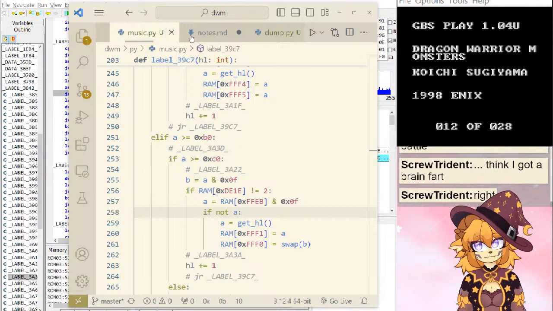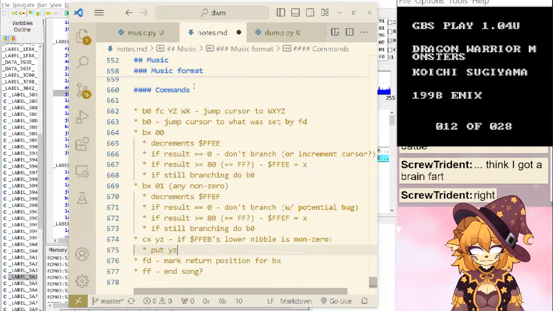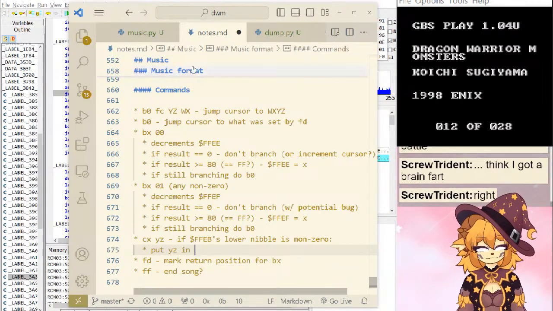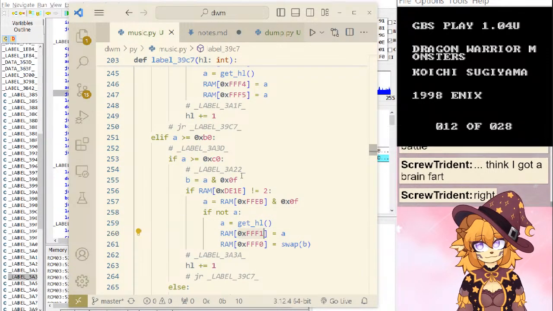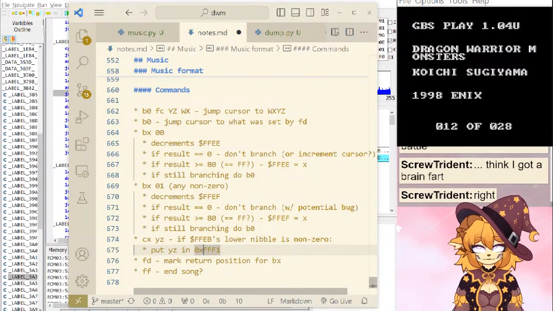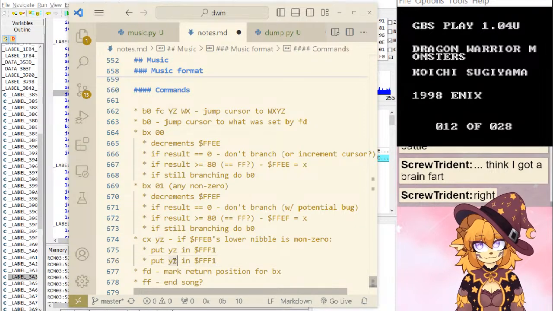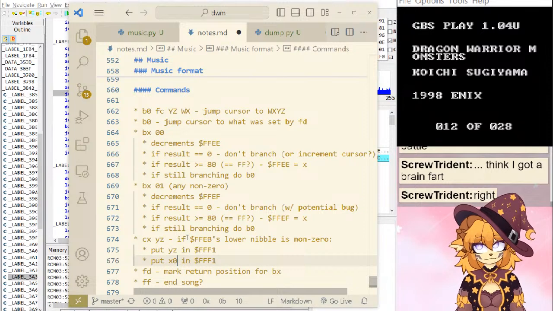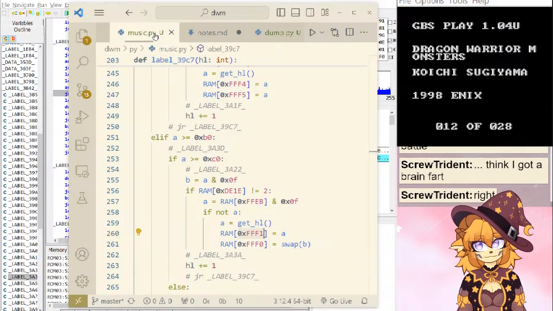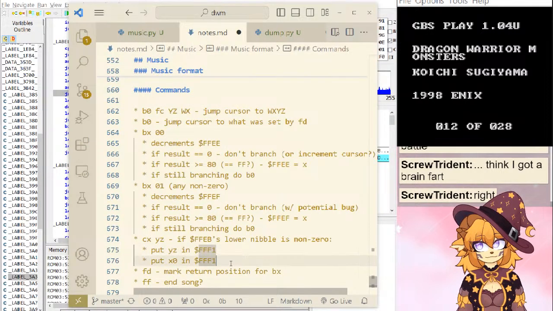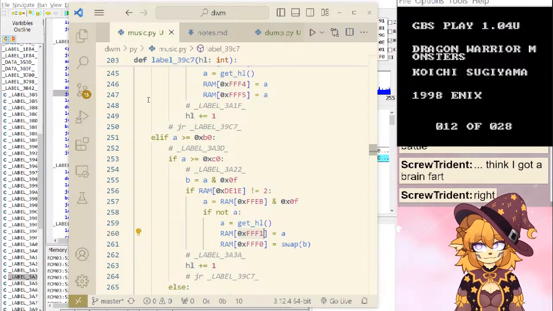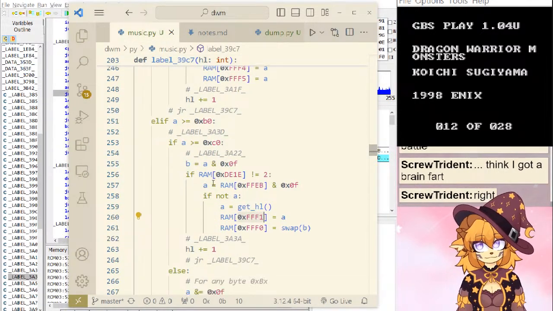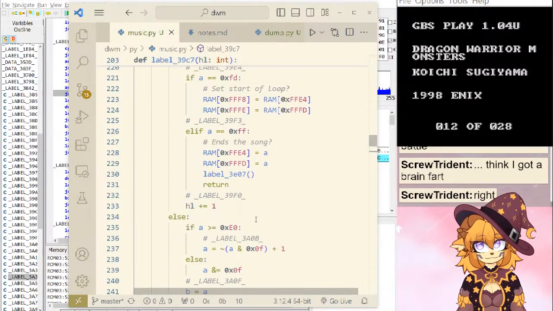So put YZ in, wait, put YZ in 1 and then put X zero in FF0. Okay. Don't know what that means yet. We will figure it out. So that's good for that.